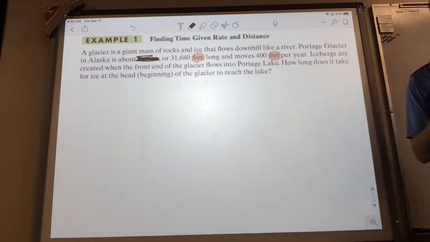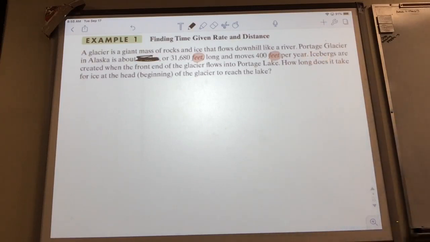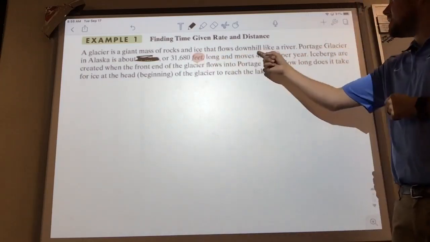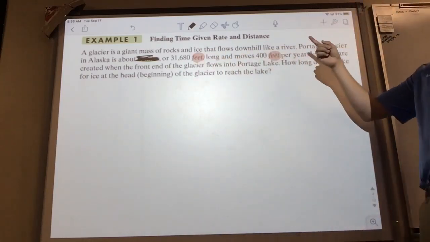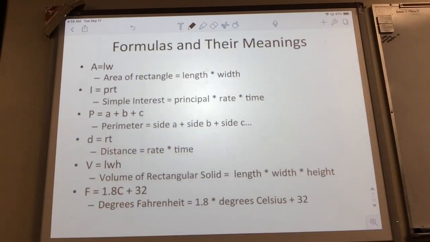All right, it does say how long, which is good because we're talking about years as well. So how long? We got a length. That sounds like a distance to me. And we got the speed that it's moving. That sounds like a rate to me. So if we go back up here, something that has a distance or a length and a rate